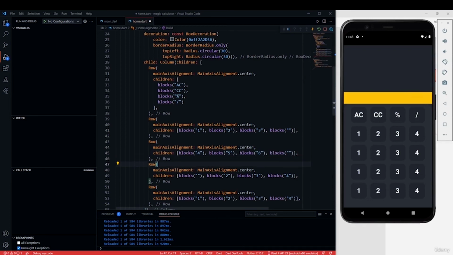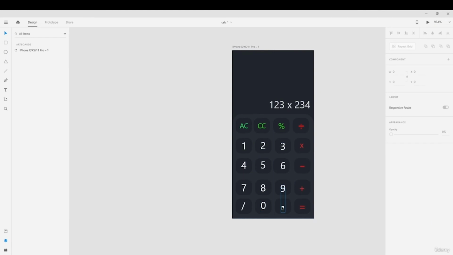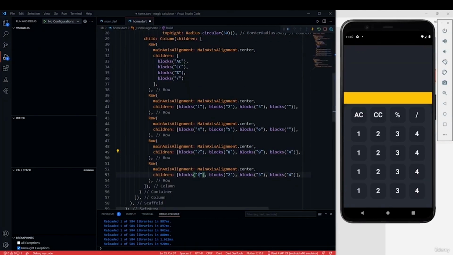Okay, then in the fourth row we can say 7, 8, 9. And in the final row there is the 0 point and this slash again. The divide we already used this, but you can use a backslash. Honestly, we won't be using these buttons, so you can use a backslash,